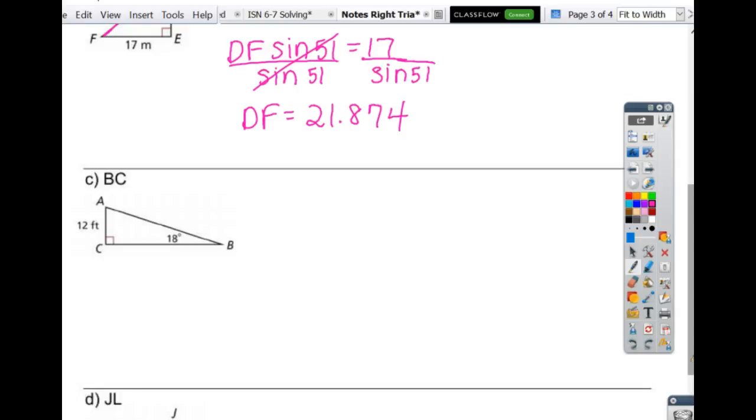Okay, next one. What do I want? BC. So, if I have angle 18, BC is what, Isaac? Oh, thank God. So, this time, what do I have? I have opposite and adjacent. Which one of those is it? Tangent of 18. Opposite is 12 over BC. If I put a 1 and cross multiply,